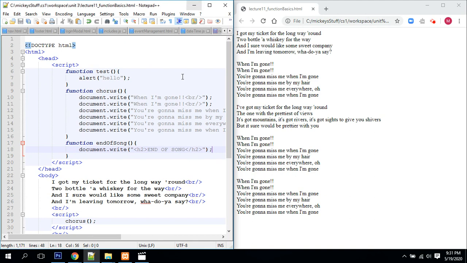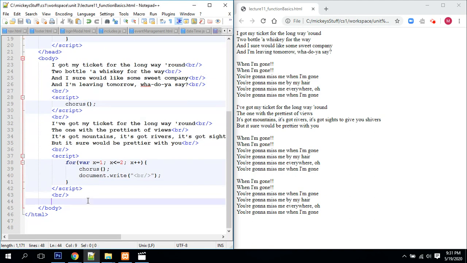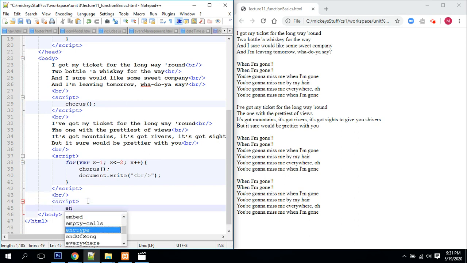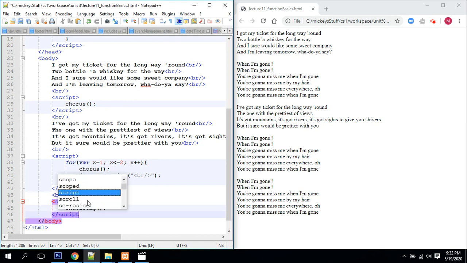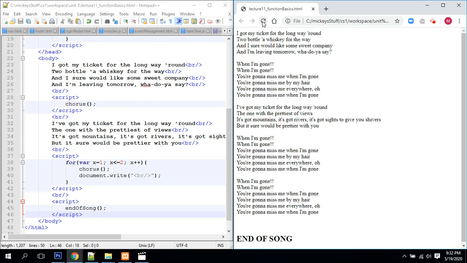It says end of song. And then down here at the end of the song, I write one more script. And in it, I call end of song. Now when I run it, there it is. It runs right there at end of song. We can do a lot more with functions